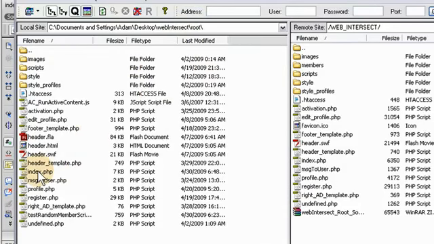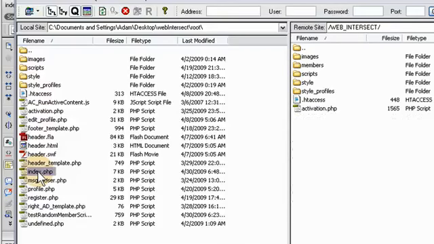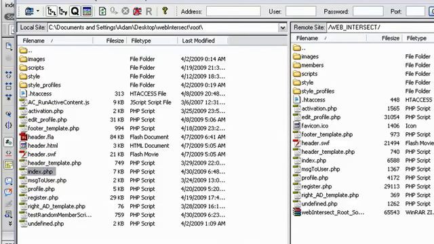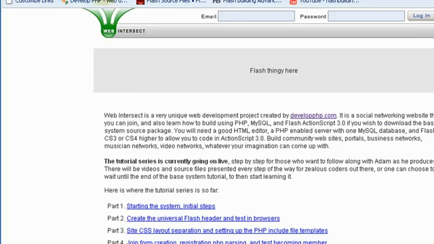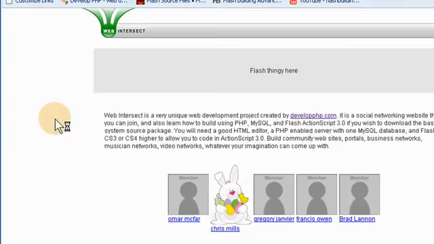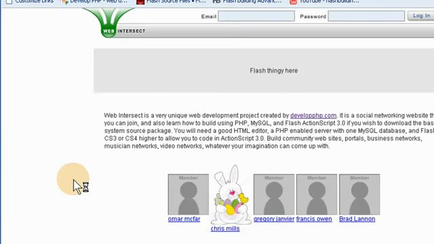Let's put up the index page. Let's see if we have any error in our code. Let's go to refresh. And there we have it. That's beautiful. Now what you could do is make this table width,